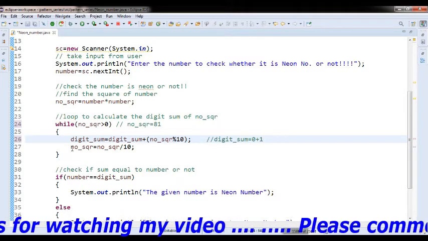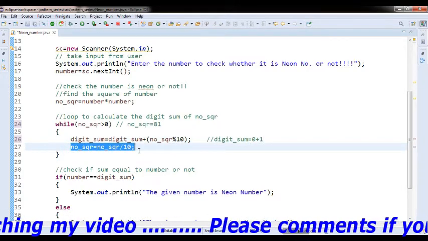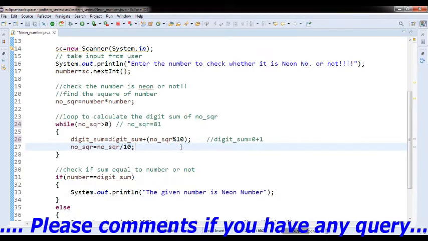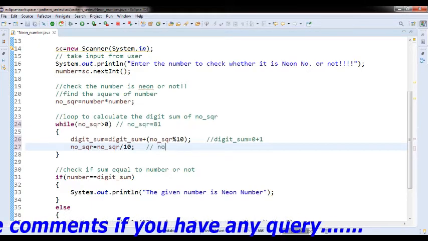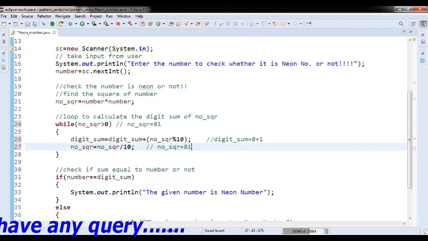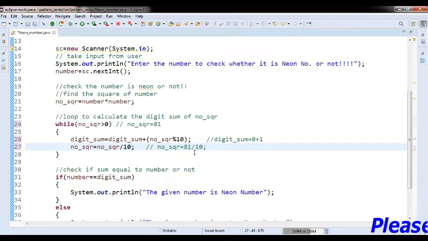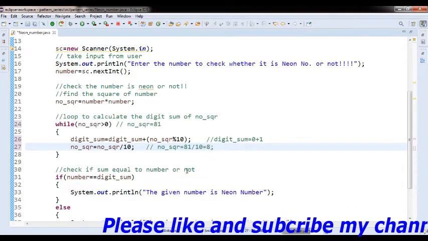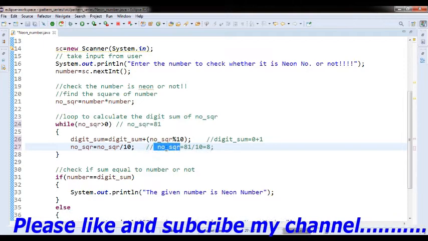Then after this statement we can make number square equal to 81 divided by 10. Here we change the value after finding the first digit sum. So 81 divided by 10 gives 8, so the new value of number square is 8.